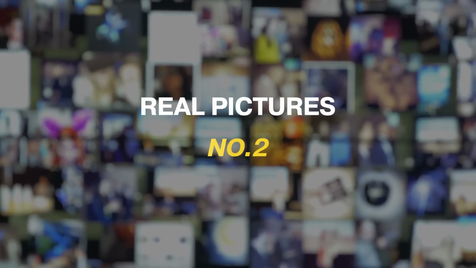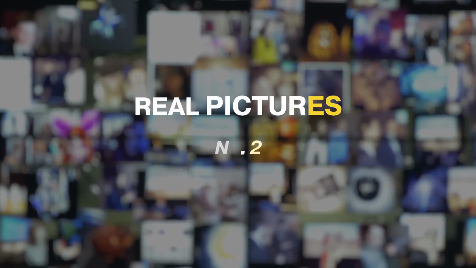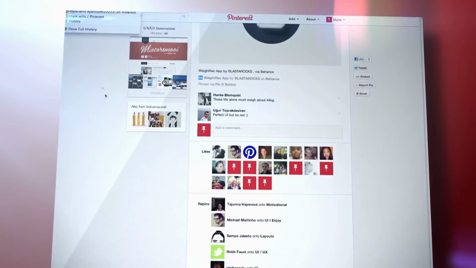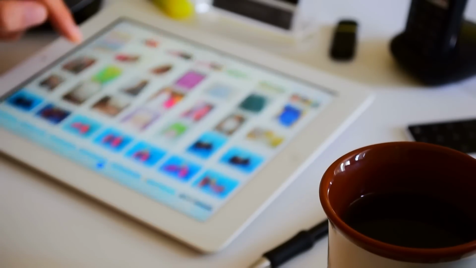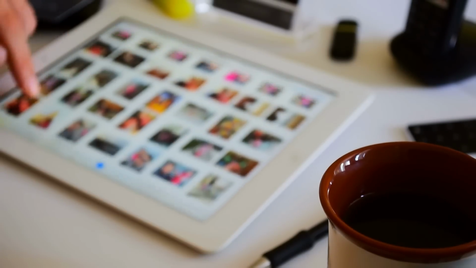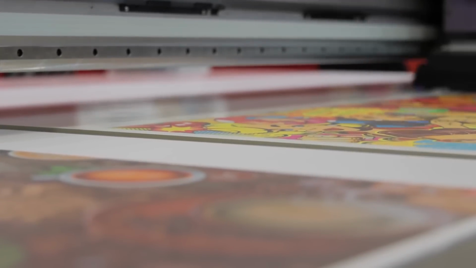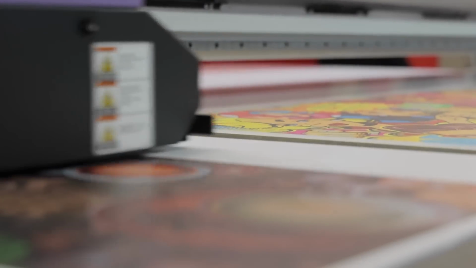Number 2 is real pictures. So now once you have a little bit of practice looking at your hands or whatever, a cup, it could be anything, then go to real pictures. So this would be pictures of things that you want. So things that you don't have that you want. For example, I would go to Google Images and I'd print out something that I wanted. Let's say I wanted a new house, I wanted a new car, I wanted to meet my soulmate, I wanted to have a family, I wanted a house in the mountains, I wanted to go on a yoga retreat, I wanted whatever, right? So find the things that you want, print them out off Google Images, and then once you print them out,